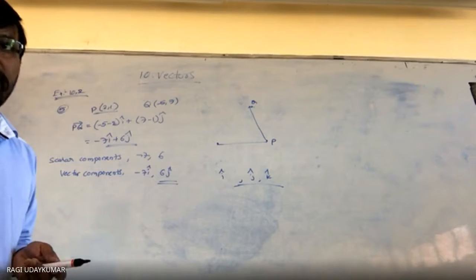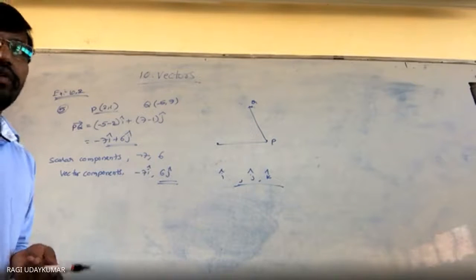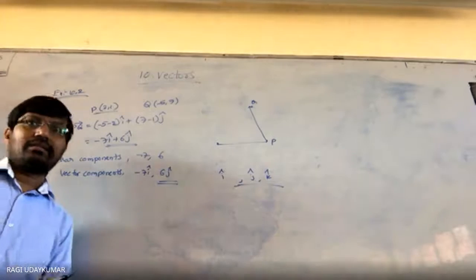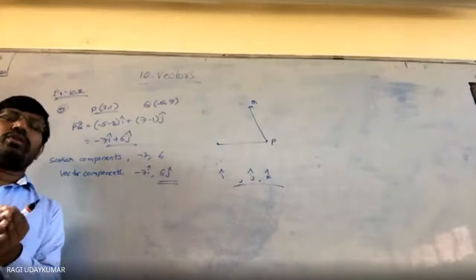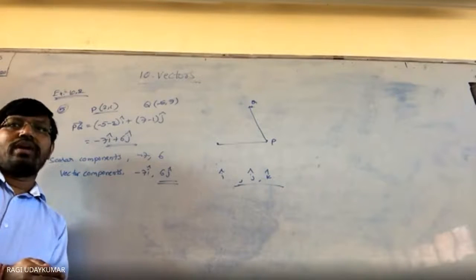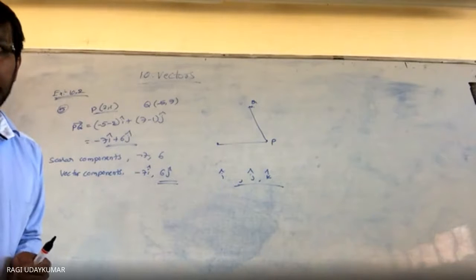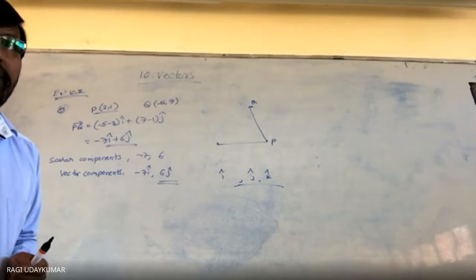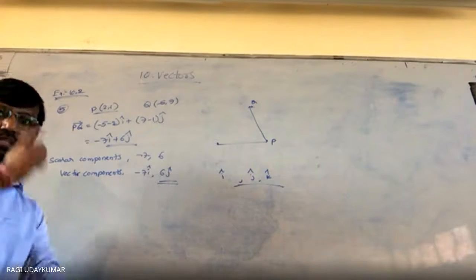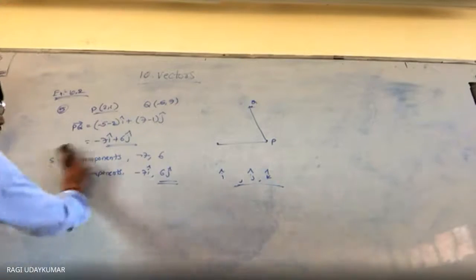Okay? समझ में आया? So next, sixth question is given to you. Find the sum of the vectors. तीनों का sum करना है, बोले तो i coefficients, j coefficients, k coefficients should be added. So in the seventh question, find the unit vector in the direction of this one. This is an important question. You may get a 2 marks question. Finding the unit vector in the direction of the given vector.